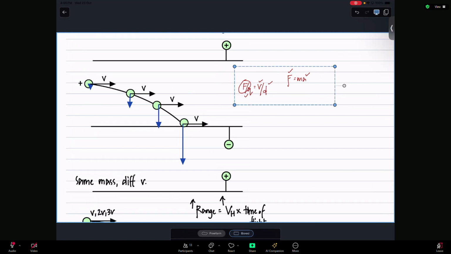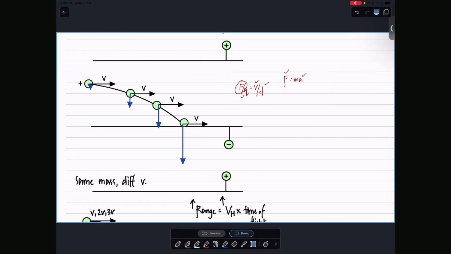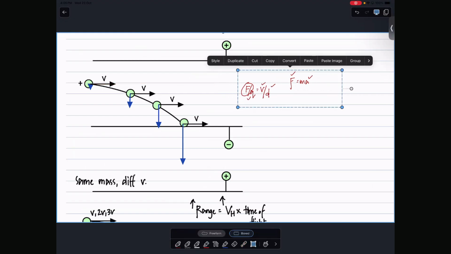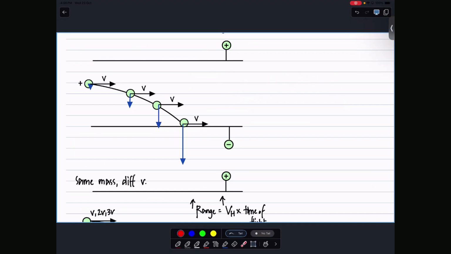Math based on this, okay? So if you send a charged particle into an electric field, a uniform electric field, we find that the charged particle will go forwards, but there's a force acting downwards. So it'll also move downwards. And as a consequence of going forwards and moving downwards, it creates a projectile, a parabola, right?